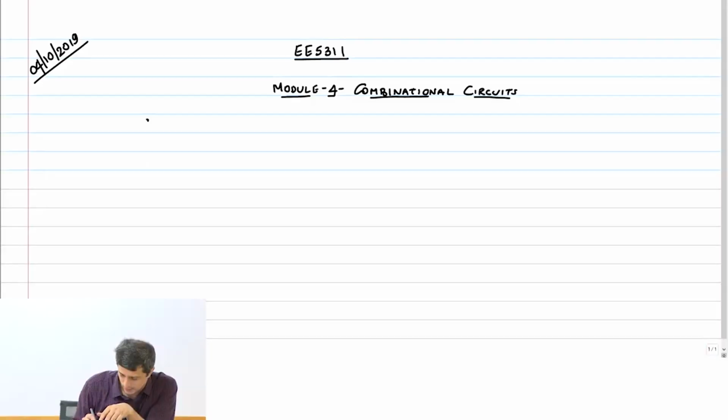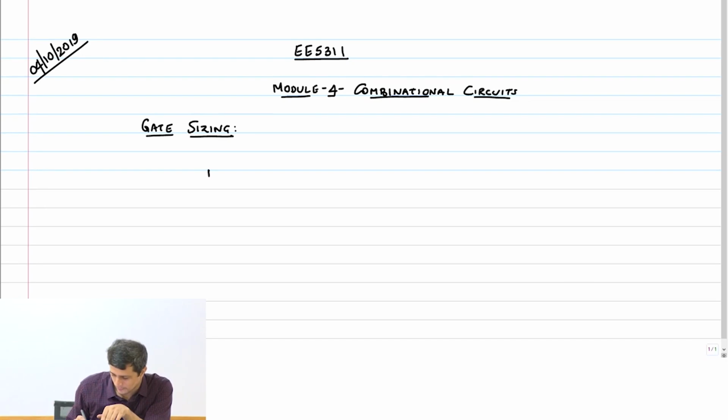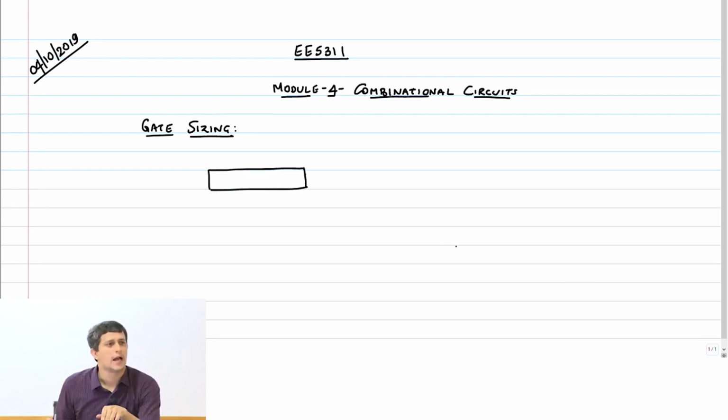Let us move on with our discussion on gate sizing, right? So what was the summary of gate sizing? If you have some arbitrary circuit with a path logical effort of G, which is equal to the product of